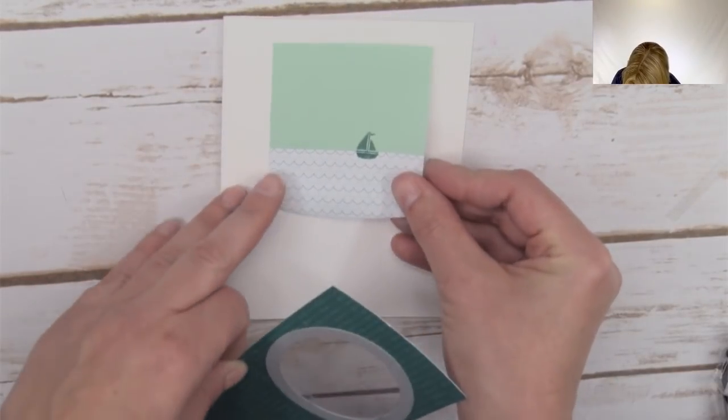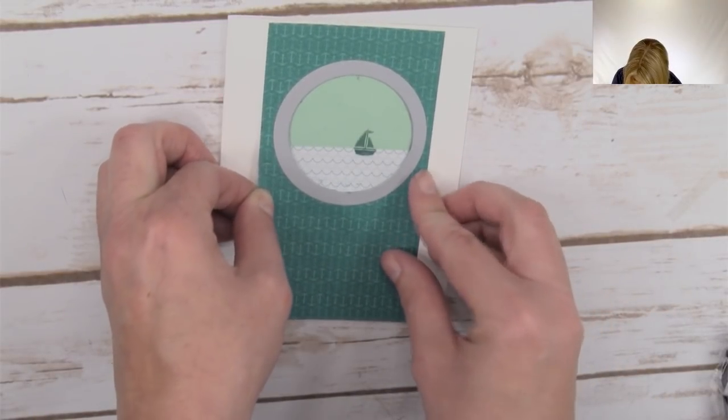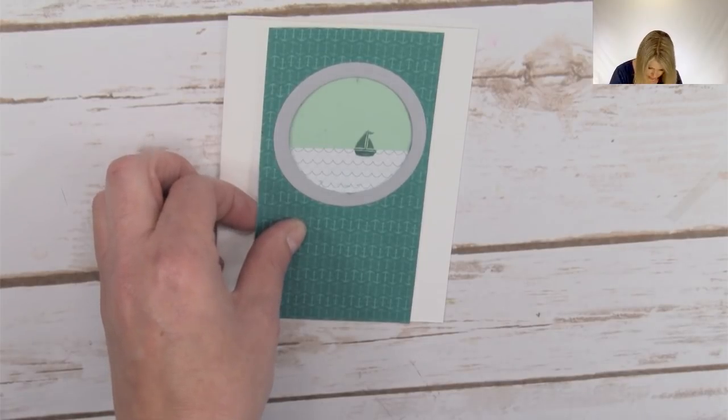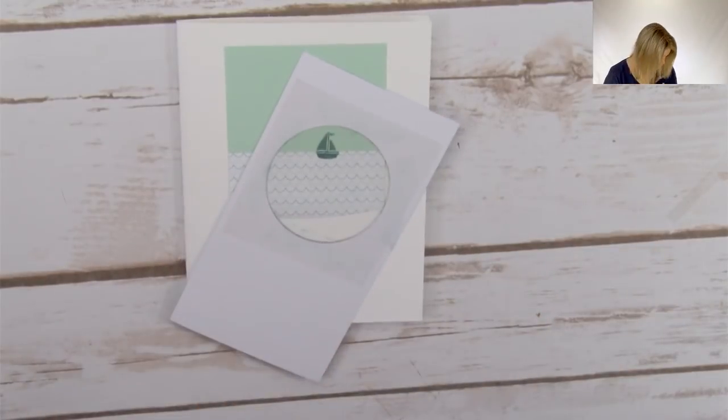Line that up again. So we're going to make sure that we can see that little sailboat through the porthole. Here we go. So stinking cute, right? Love it, love it, love it. Okay, so the trick to this card, as with the trick of any shaker card, is